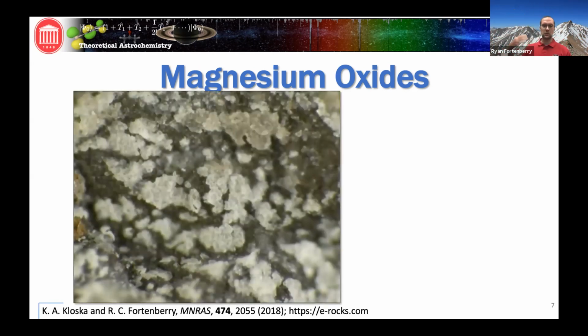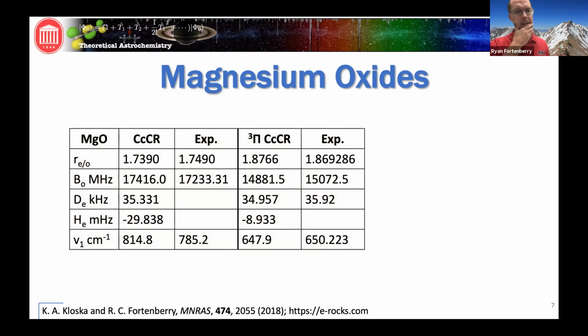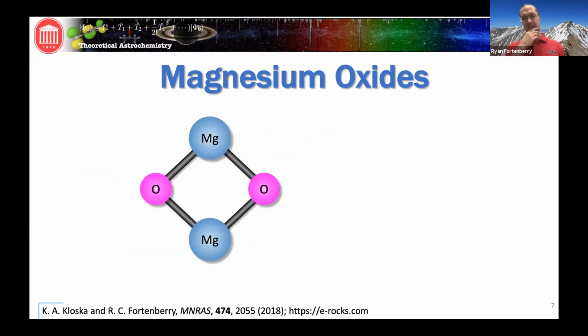Magnesium oxide, though, when it gets to its crystalline form, is periclase, and it's these white inclusions. So magnesium oxide itself is not all that common. It took me a long time to find this picture. But as we'll see in a few minutes, it plays a larger role in geochemistry. The monomer for magnesium oxide, we were able to calculate with our highly accurate CcCR method. We also use another method called F12TZ, and I can explain that to you later in the questions if you care what those are. But we were able to calculate vibrational frequencies and rotational constants and compare with experiment, where we get in both the triplet and the singlet state, and we get pretty good comparison with experiment in a few of these. The dimer of magnesium oxide, I think, is really cool.